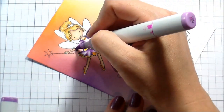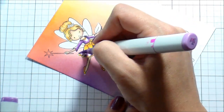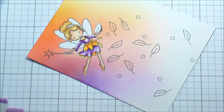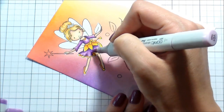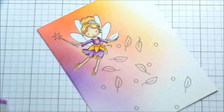I apparently just didn't know what I was doing there for a minute, and it happens. So we're just gonna roll with it, be grateful we could fix it instead of having to start all over, and then that's that. So I'm gonna give it a once over with the lightest color, and then I wanted her wings to match. But I did go back and just get a little bit lighter of the violets,